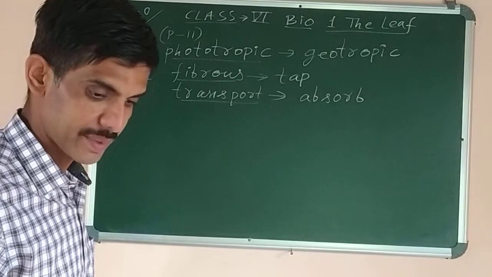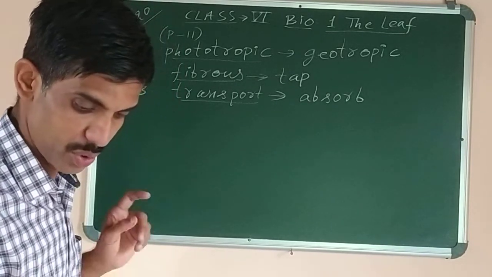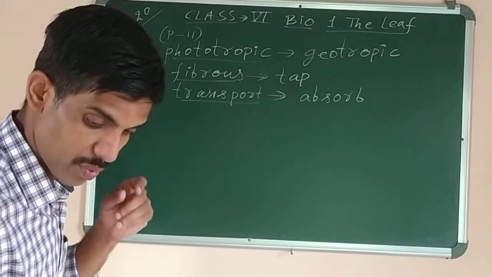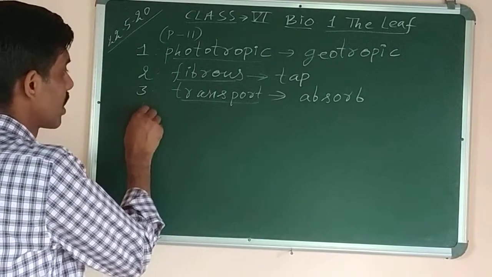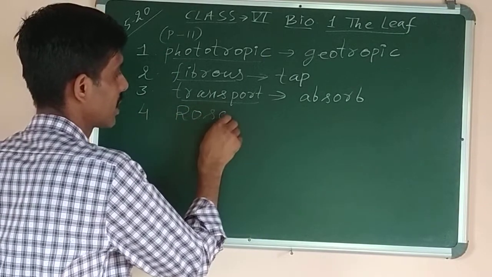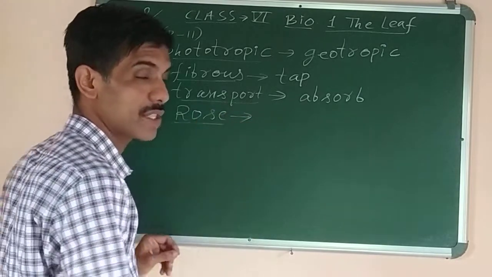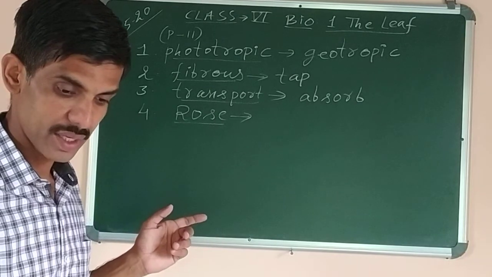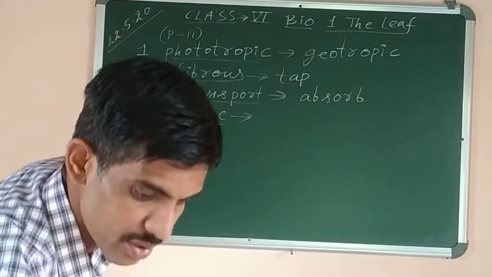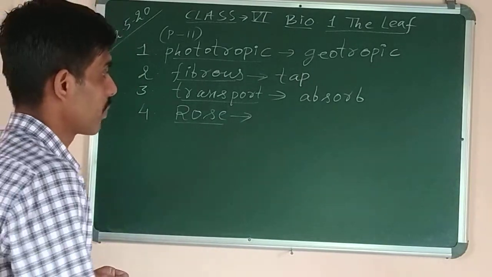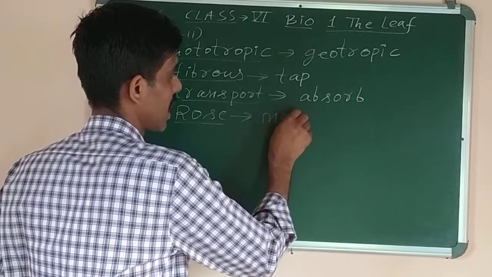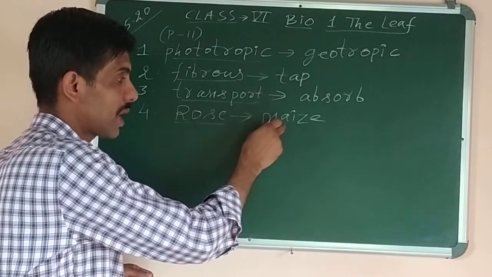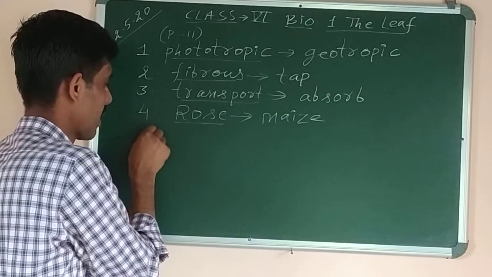Okay. Now next, the fourth question: rose plants have fibrous root. Which word is underlined? The word which is underlined is rose. So number 4, rose is underlined and it says it has fibrous root. What do we have to do? We have to change the rose plant into a maize plant, which has the fibrous root. The rose plant is wrong. It does not have a fibrous root. It is a maize plant. It is a monocot plant. That's why it has a fibrous root.